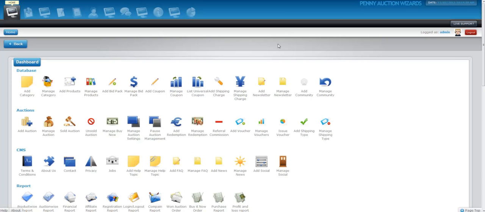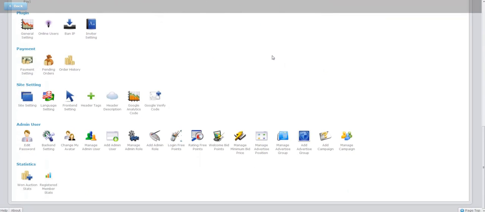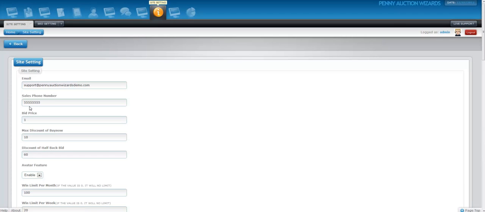So the first thing we're going to do is we're going to scroll down to the very bottom of the administration panel and click on Site Setting, which is here. Now the very first setting you want to set up is the email setting. You want to make sure that this email matches your domain. So for instance, if your domain is yourbids.com, you want to make sure that it's an email that's specified at